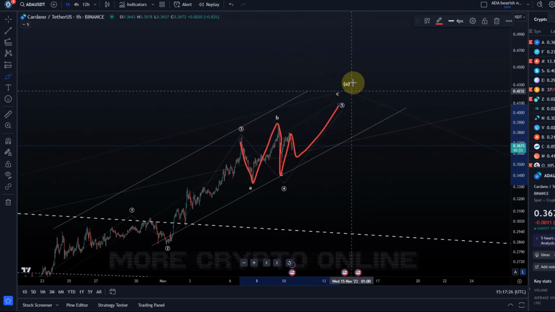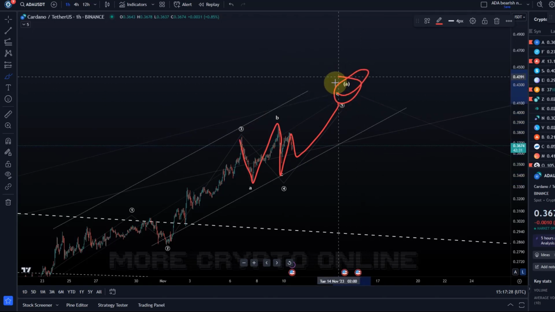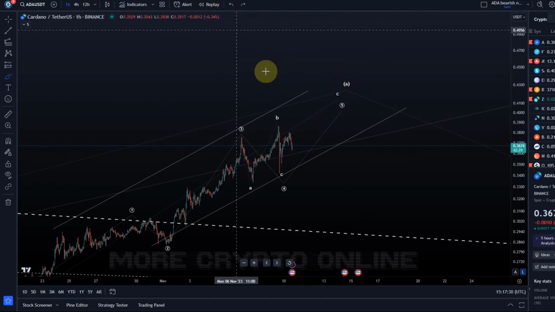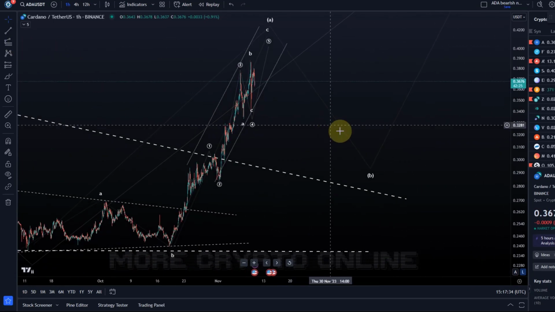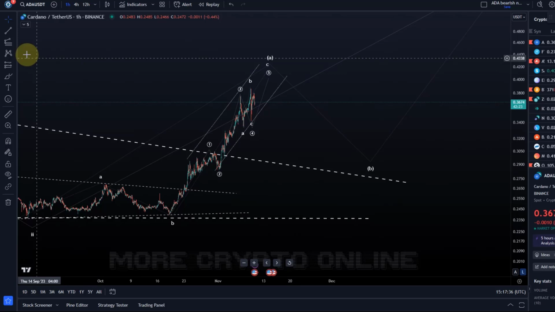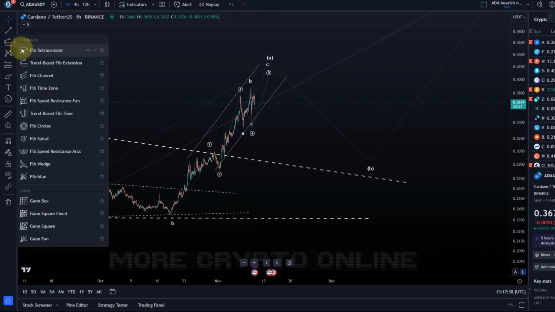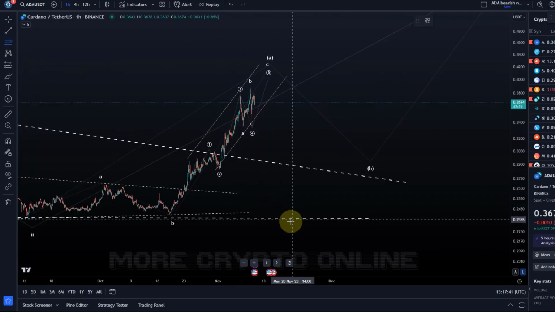I gave you a level for that, and then I will be watching for a more substantial top in place, possibly. So I will certainly track for a B wave pullback. I will mention the support area. It's just too early to really put it onto the chart. Okay, so